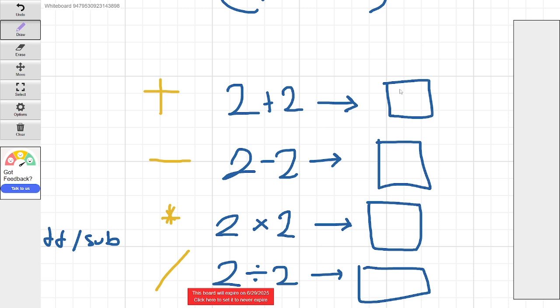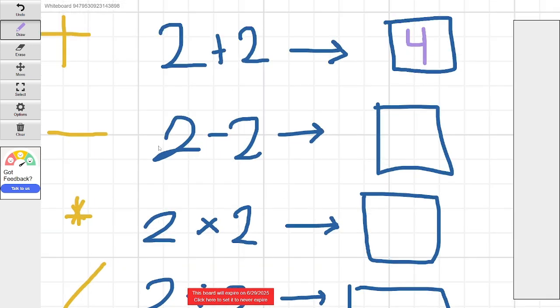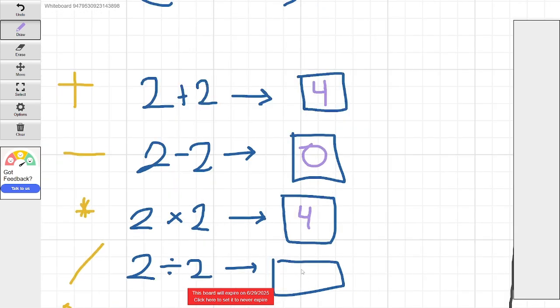So 2 plus 2 is obviously 4. I hope you agree. And then they also have the minus operator. These are operators, by the way, these yellow ones. They're called operators. 2 minus 2 is 0. 2 times 2 is 4. And then 2 divided by 2 is 1. So as we can see here,